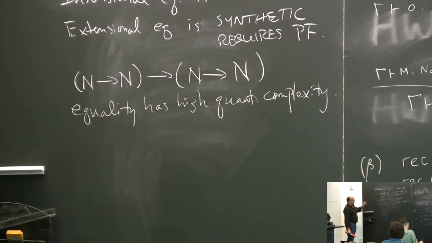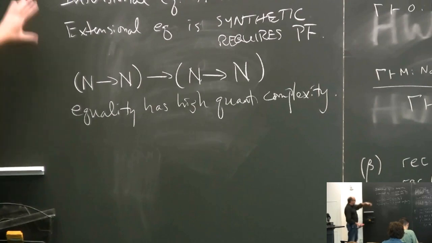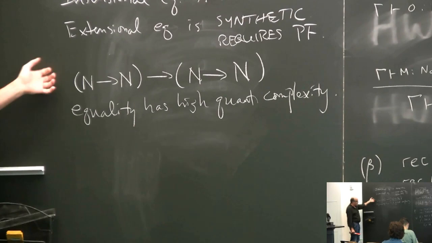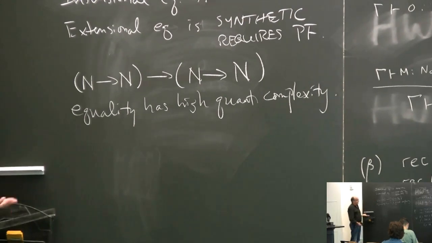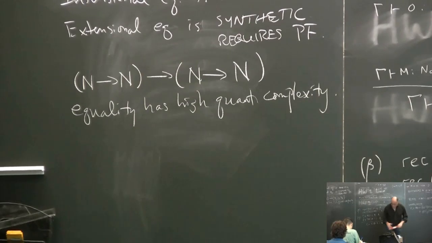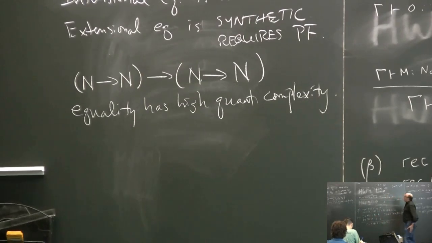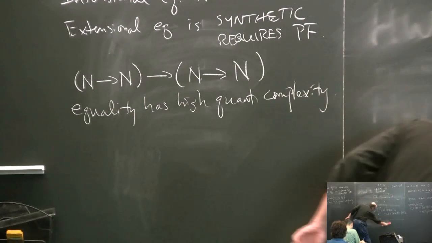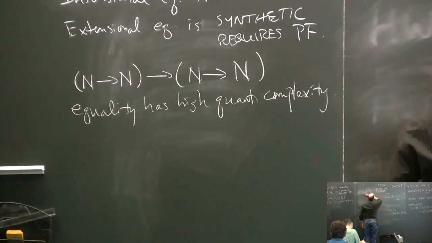You get a very high complexity. So one way of saying that is this distinction. Another way of saying it is proofs of extensional equality at higher type like this become complicated and require proof. Okay, so that's what's going on. So that's a distinction that we're going to draw. And this distinction is very important for what we're going to do next, because we now have to figure out, well, then how are we going to express this notion of extensional equality? So what I want to say is,